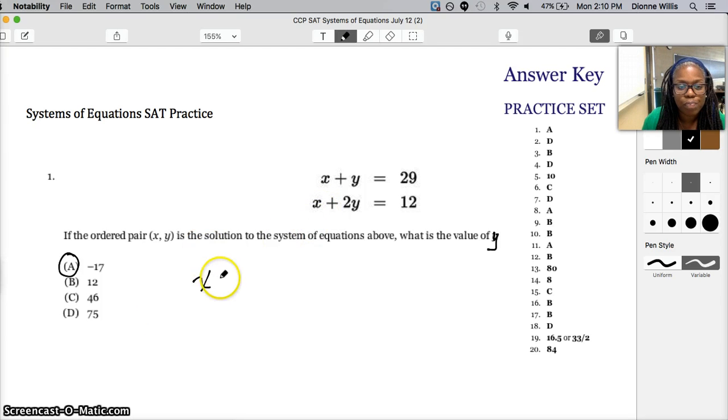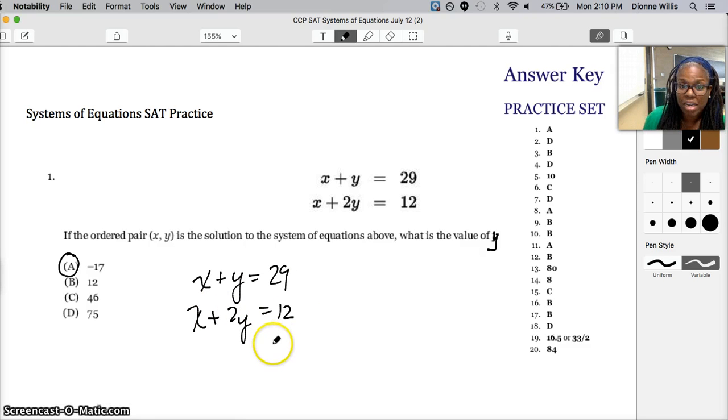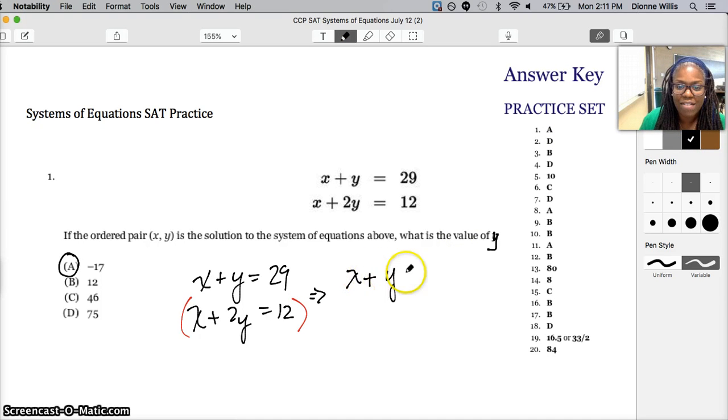Let's say we wanted to review some of the skills that we developed in algebra. One of the skills is to use the elimination method, which is to make sure that the equations are both in standard form, or at least the x's are over the x's, the y's are over the y's, and everything is lined up correctly. Then decide on which variable you'd like to get rid of. In this case, I'm going to get rid of x. To get rid of x, I personally am going to multiply this second equation by -1. Some teachers tell you to subtract, which is totally fine. I like to multiply by -1 so we have additive inverses,